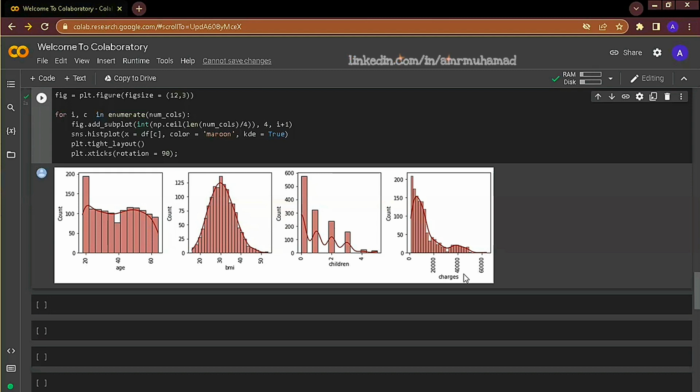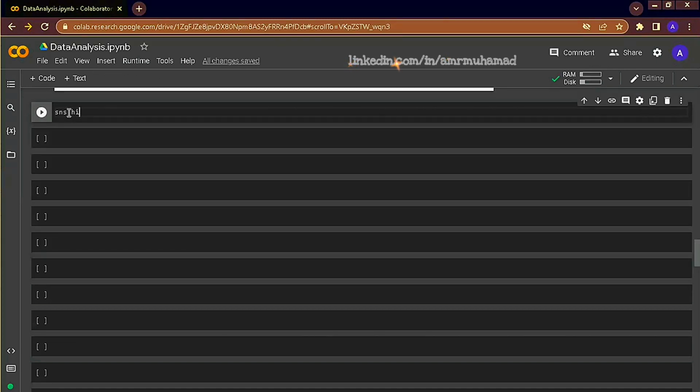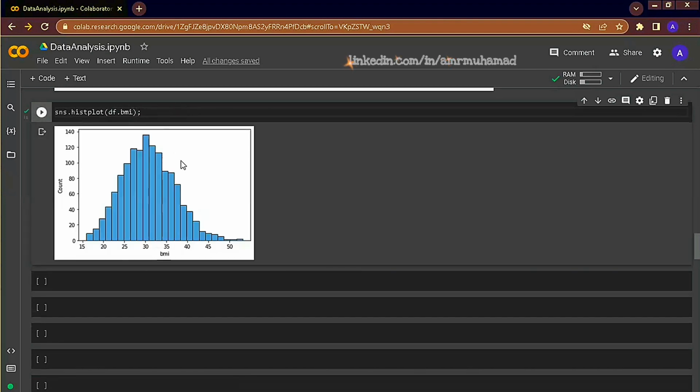For example, BMI is normally distributed, so we can expect that around 68% of values are within one standard deviation from the mean, 95% of values are within two standard deviations from the mean, and 99.7% of values are within three standard deviations from the mean. What do these numbers actually tell us? It means that if we know the mean for a specific normal distribution, we can make a guess of other values within that distribution. This is known as the empirical rule.